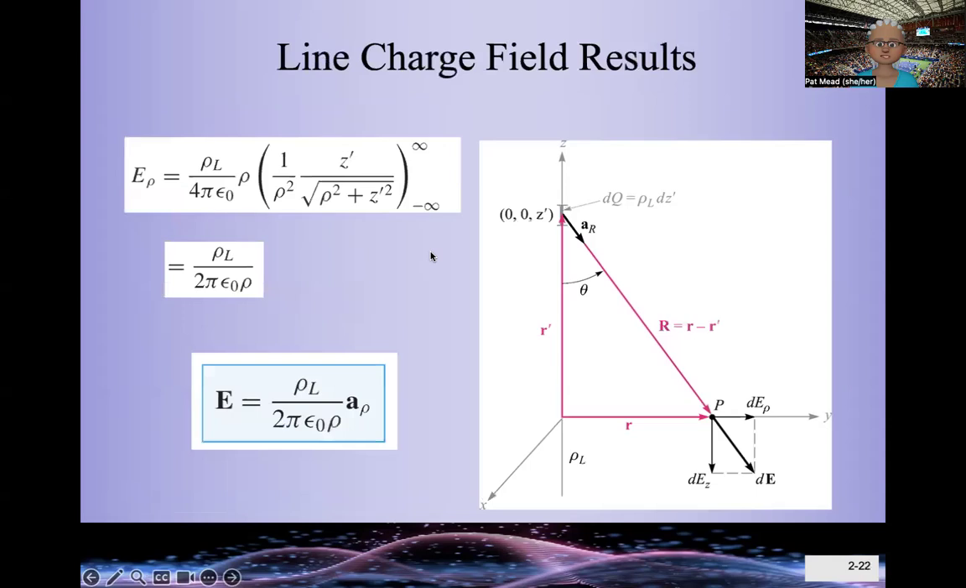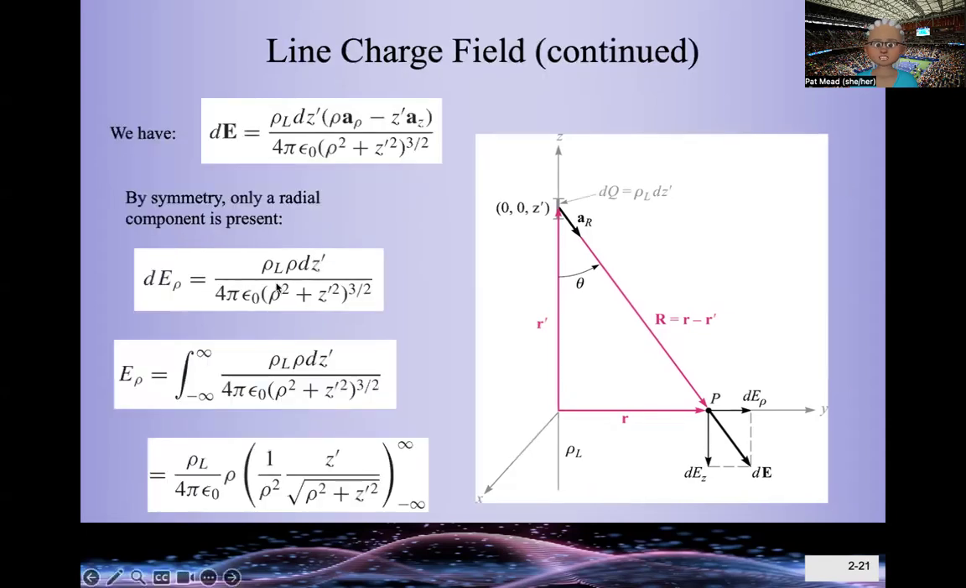When you evaluate this expression from minus infinity to plus infinity, you end up with a value for your electric field. You'll find that the z component of the electric field is going to be 0, and the rho component is going to come out to be this. And here it is in terms of your vector. Okay, if you go back to here,